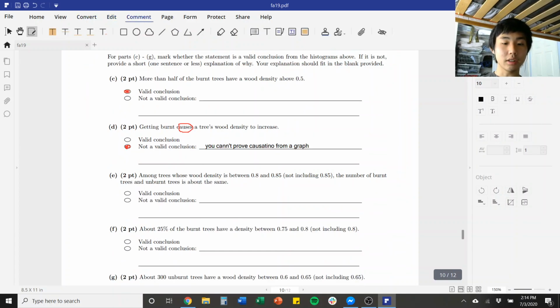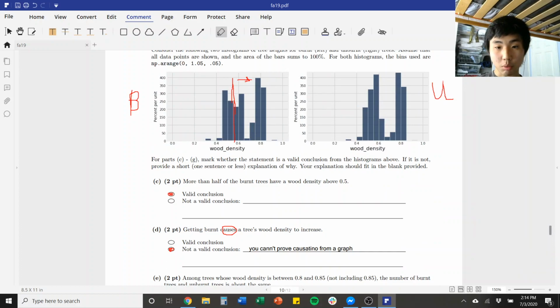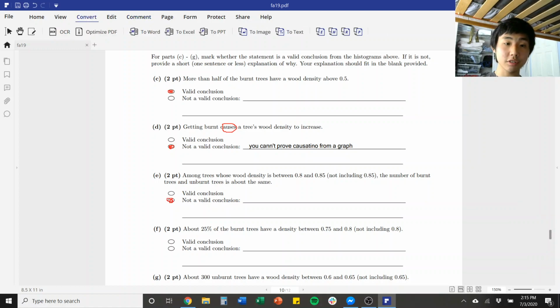Part E is among trees whose wood density is between 0.8 and 0.85, the number of burnt and unburnt trees is about the same. So let's go back and look at the graphs. So 0.8 to 0.85 is this bar right here, and the height is about 350%, and the bar here is also about 350%. Despite the fact that the height of the bars is about the same, this is not a valid conclusion because we know that the percent